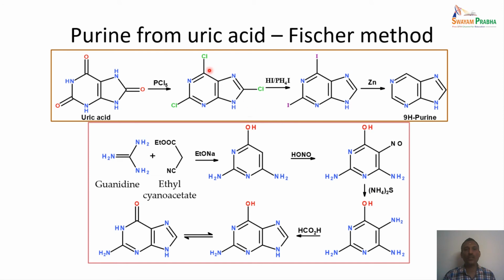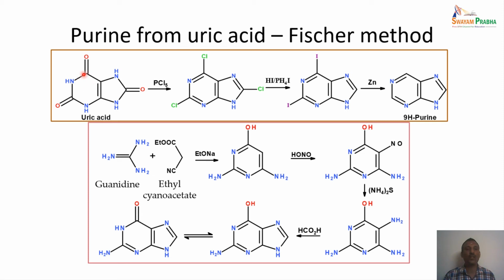And how do we synthesize purine? The first method was basically the Fischer method. In this particular case, uric acid is treated with PCl5 to give the corresponding halo derivative. The trihalo derivative is formed in the first step, and because this compound can exist in keto-enol tautomers,